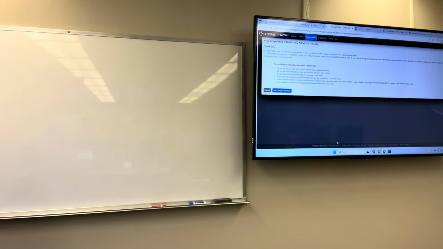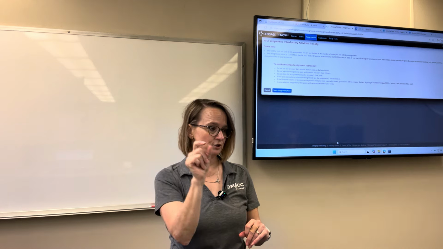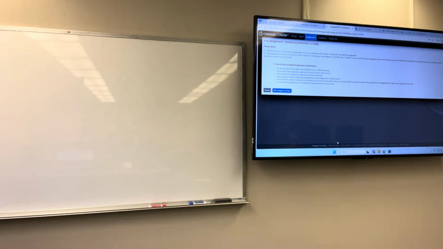It doesn't show the create an account because I already have an account and it knows me. But when you go in there, it'll ask you to log in. If you don't already have an account, that's where you're going to want to. So use your DMAC email address. Okay. Do you have an account? Yeah, I have it. I'm trying to put my password in, but it doesn't work.